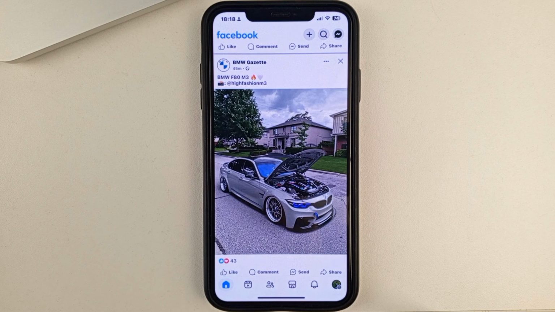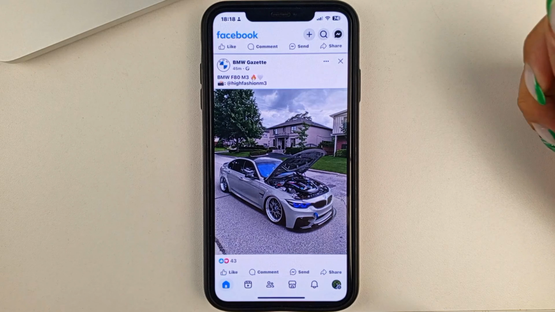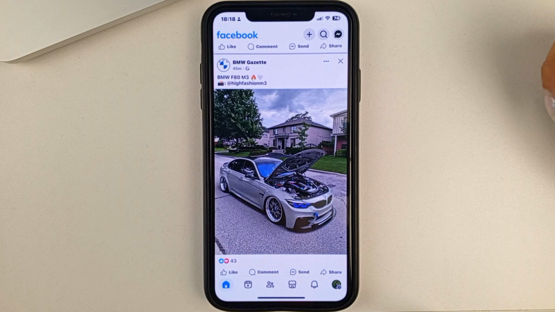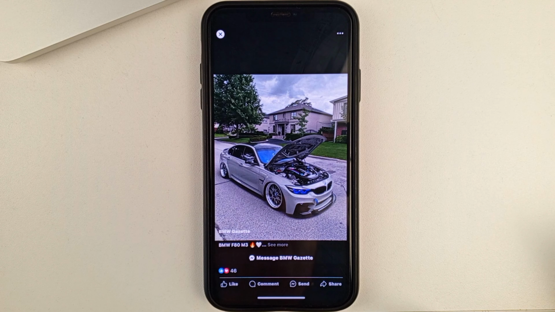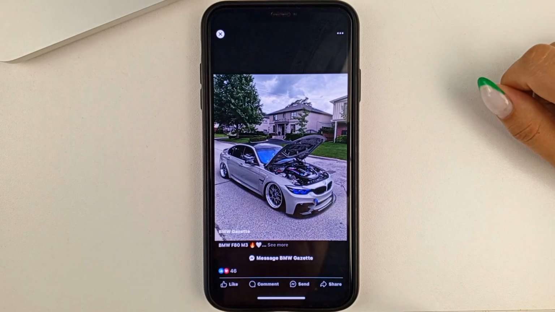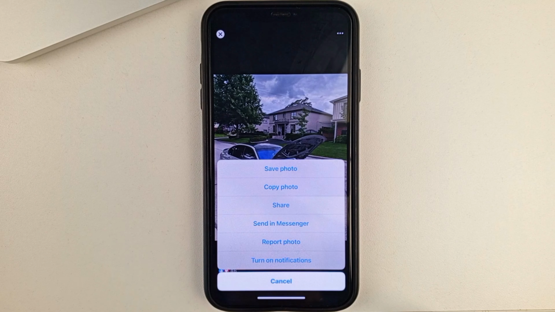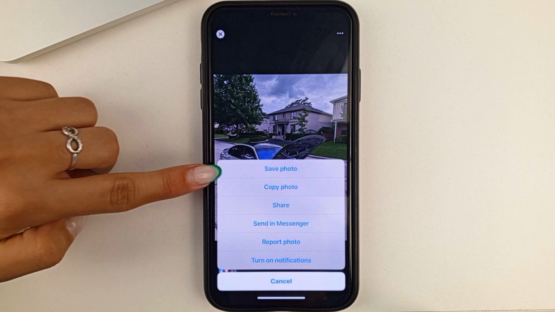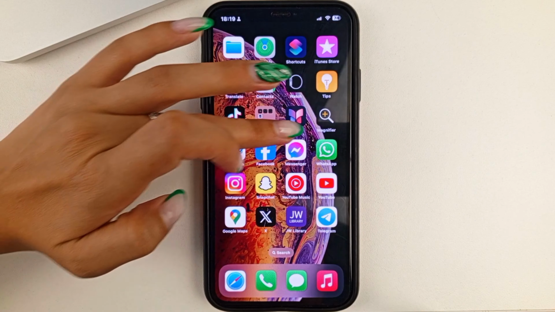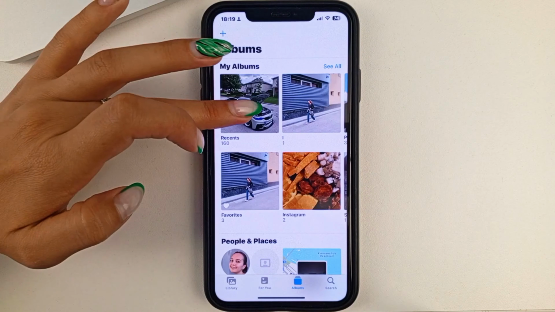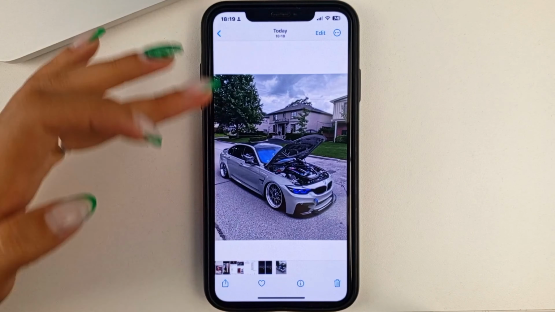So friends, I'm going to show you how you can save images and also another interesting method in this video. So, when you open the Facebook app, like I have right now, and you find an image, in order to save it, you need to open it up first. Then, at the top on the right side, you need to click on the three dots to go to a little menu like this. Next, you need to select Save Photo. So, as you can see, you'll get this at the bottom, and the photo will be saved. You can check this by opening the gallery on your phone, and as you can see, this photo has been saved.